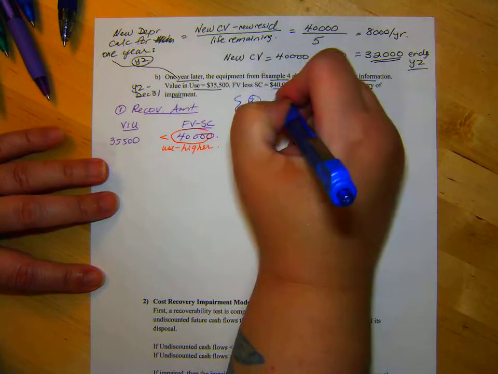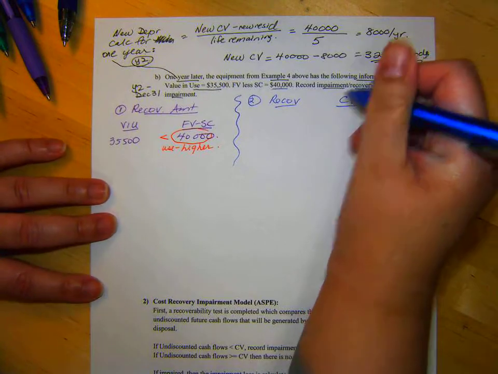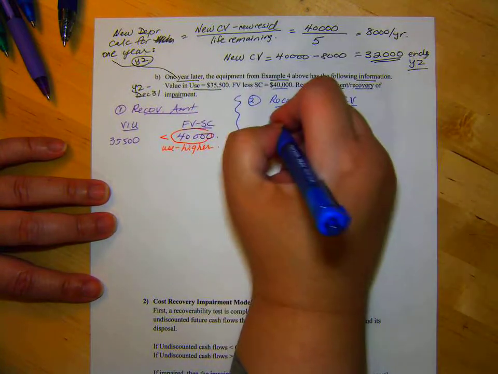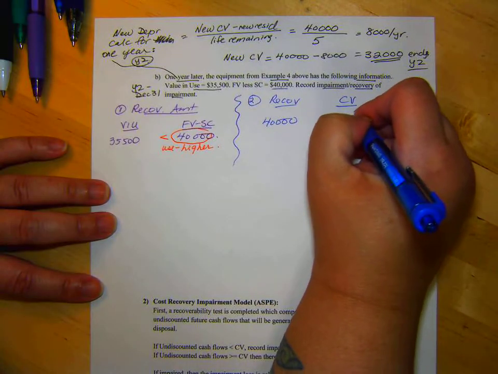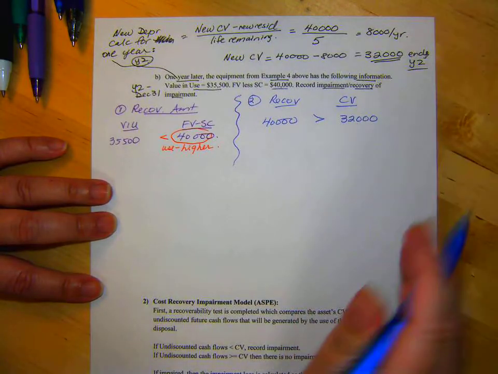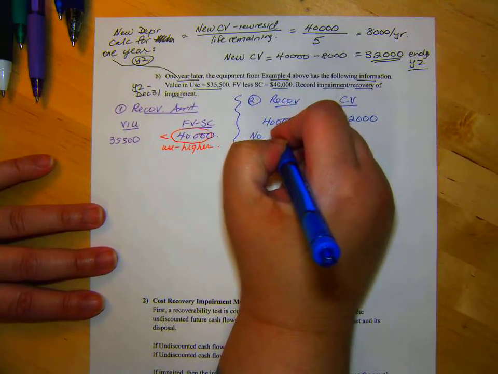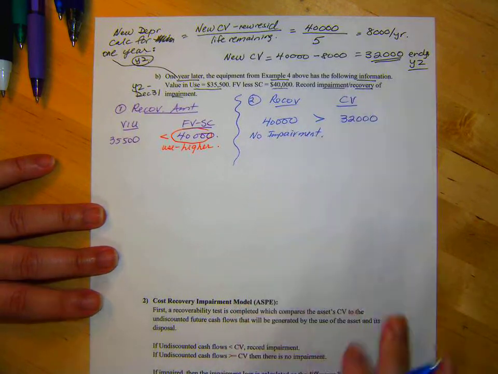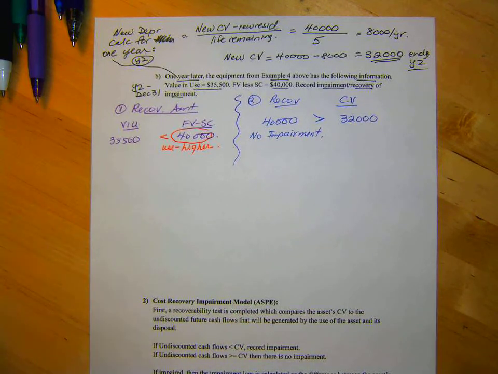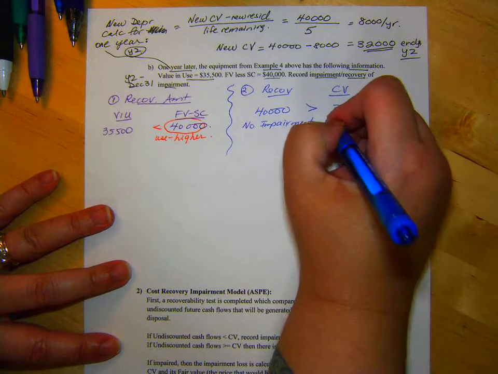Second, we compare recoverable value to carrying value. Our recoverable value is 40,000 and our carrying value is 32,000. So there's no impairment. Okay, so hopefully you got that perfectly. So there's no impairment, but